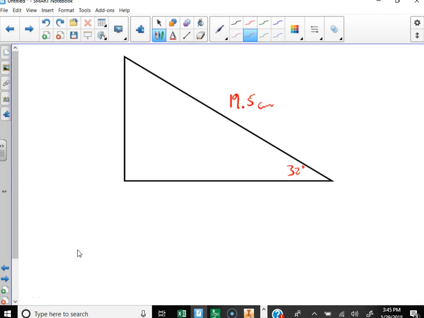So we're going to go over the important steps of how to solve a right triangle. In other words, find all the missing pieces. For example, let's say we start with this. We're given a hypotenuse and one angle. We should be able to find,